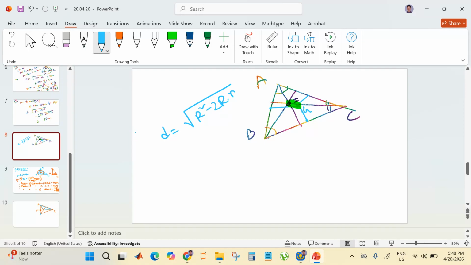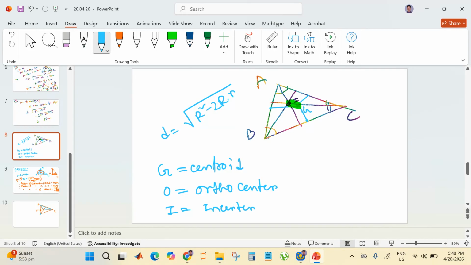And finally, the last theory for today is, if I consider all these four pieces of information, that G equals centroid, O equals orthocenter, I equals incenter, P equals circumcenter, and E equals excenter, if these notations are true, G, O, I, P, and E, then for